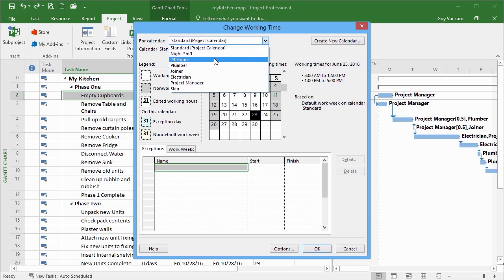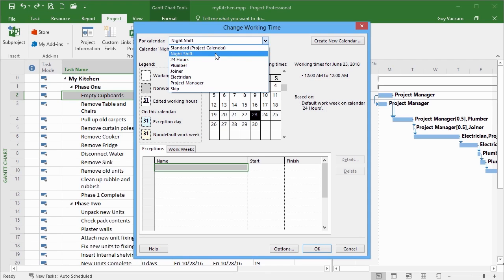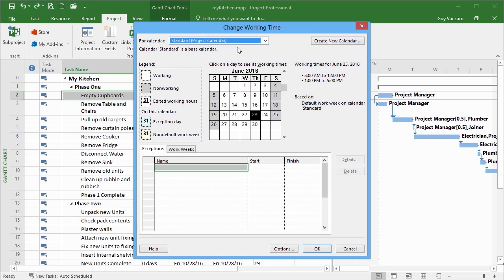And then there is a 24-hour shift calendar where there is no break at all. So there's no day off and there's no lunch break. Now, the 24-hour shift calendar, it's a built-in calendar. It comes with a project. It's quite useful for machinery that could work 24 hours a day. Even a machine, though, should really have a break, but it's there as an option. We have a 24-hour calendar, a night shift calendar, and a standard calendar, which every new resource is based on